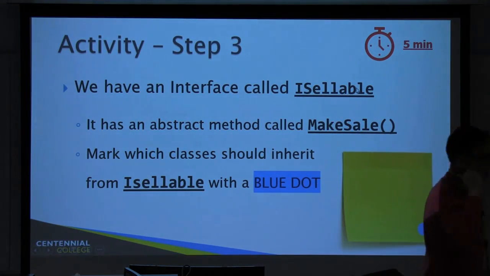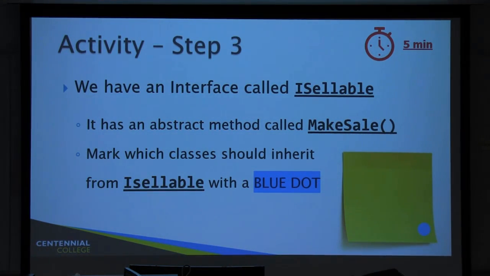Okay, so let's wrap this activity. The last point is this one here. Let's not go back to the boards anymore. Let's just talk through this. Let's say that we want to implement one interface called iSellable. Again, when you think about interfaces, you don't see too much of a parent-child relationship. I cannot say that an ebook is a child of iSellable.